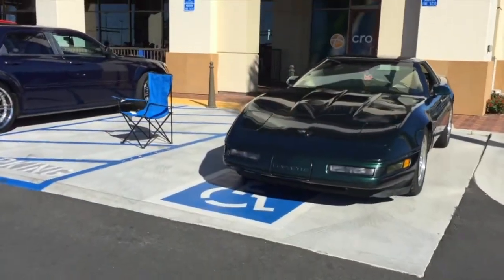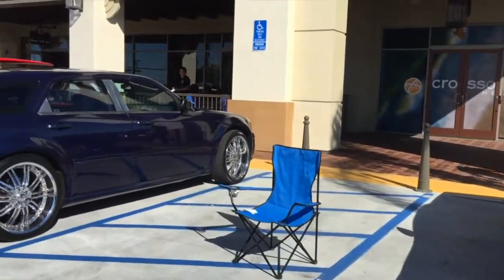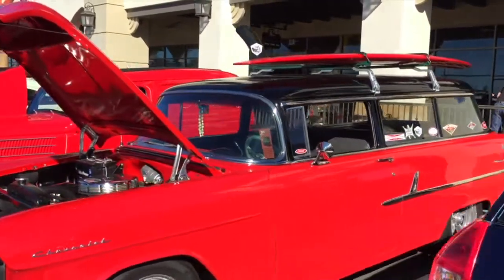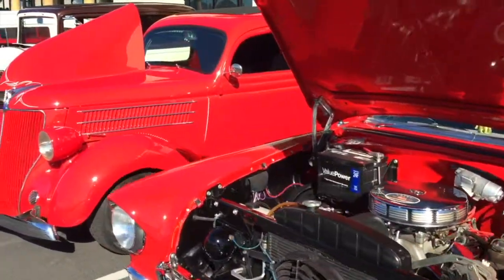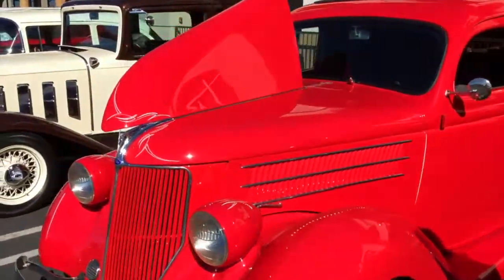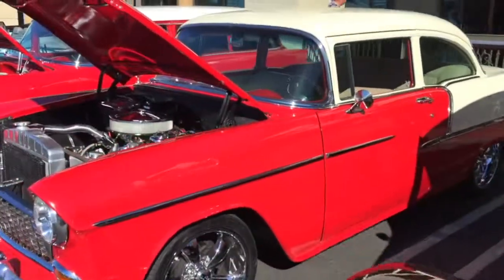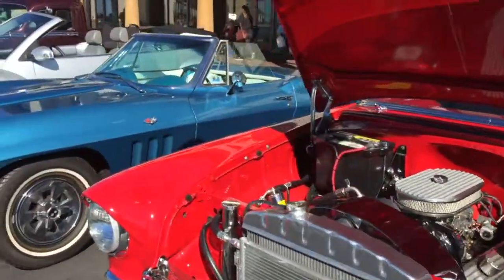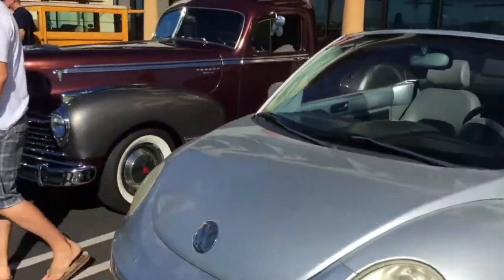Okay, across the other side, out in front of the brand new Rockwell's, which we have over here, that's just opened up, Corvette, and then a Magnum, the Dodge, and then some great looking cars, 55 van here, Dan's great looking Ford delivery, Chevy, another 55, another wagon, it's great. Corvette, and then a Beetle,